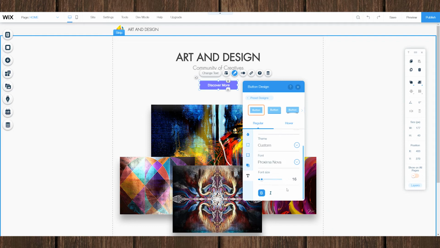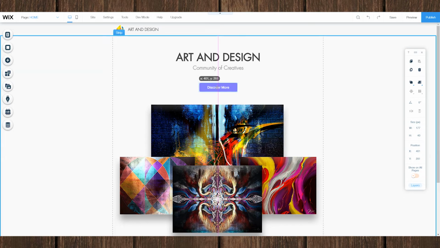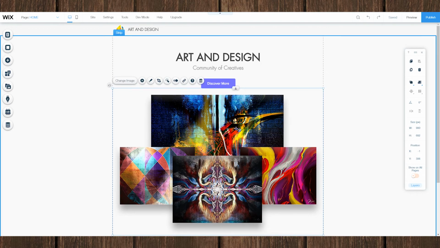Now let's just go ahead and close this down and resize the button to 160 pixels in width and 45 pixels in height. So that's perfect. Okay, so this is starting to shape up pretty well. Now I am noticing though that there's some inconsistency in how far apart the items on the page are spaced. So I'm gonna fix that right now and make sure that there's consistency in how far apart the items are from one another. So this one should be 40 pixels away from this,